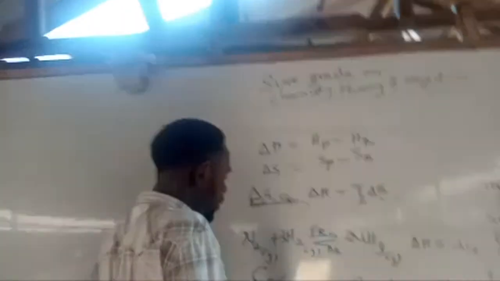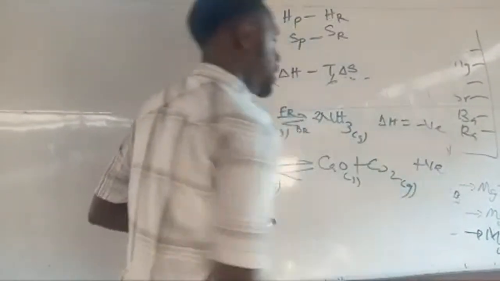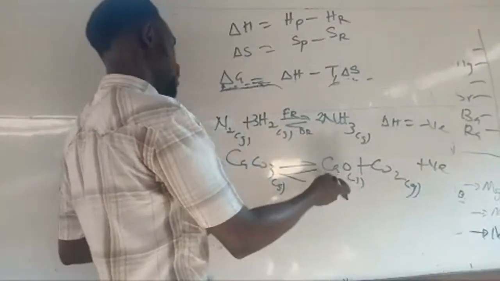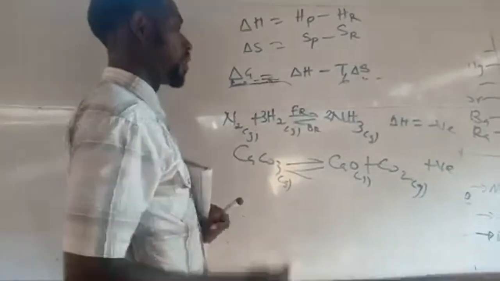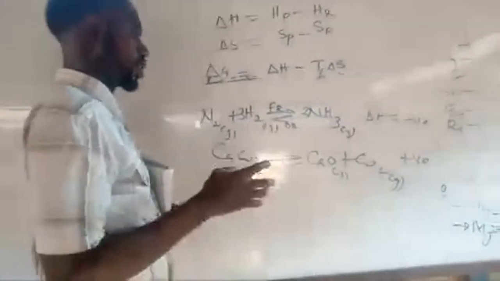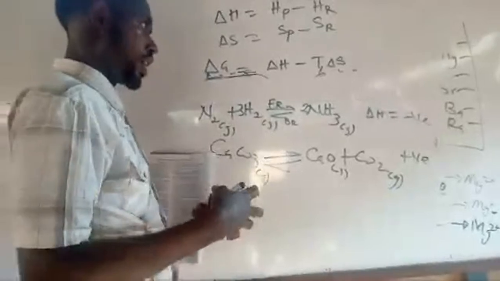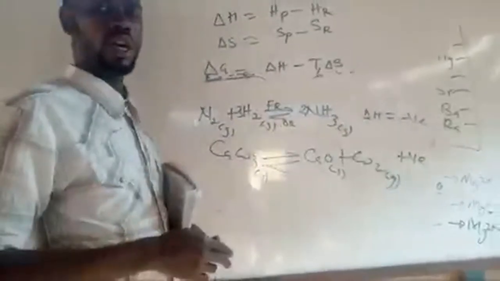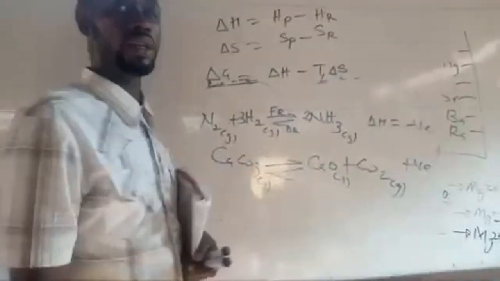So the thermal decomposition of limestone is an endothermic reaction. But combining CO2 and calcium oxide should be exothermic. You understand it now? So you can predict them. This is just a little cheat by checking: if I keep heating this, will they be favored? Anything that is not favored when you apply more heat is an exothermic reaction, because in exothermic reactions heat is released and there is no need of heating what is hot again. Let's take it that way.